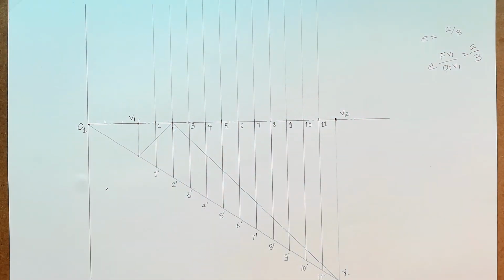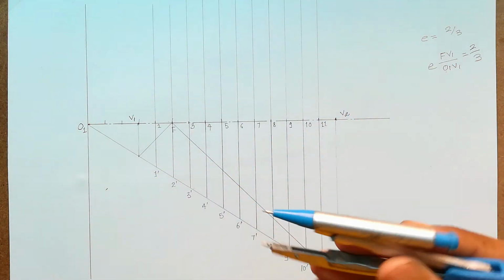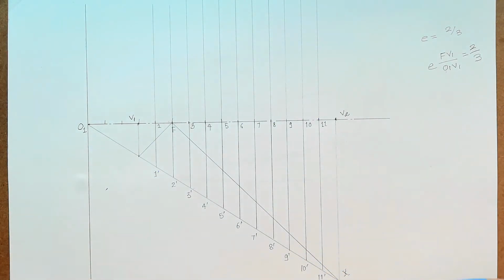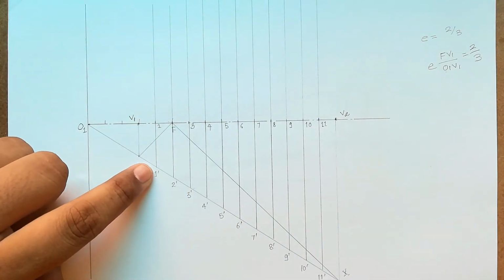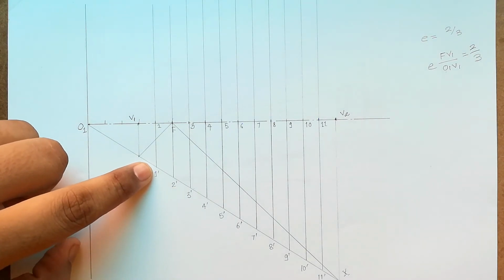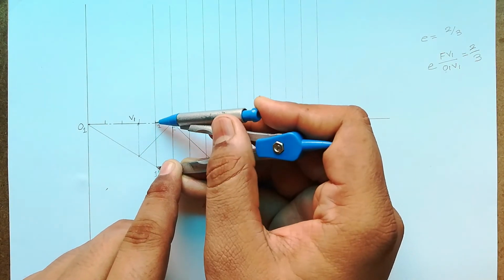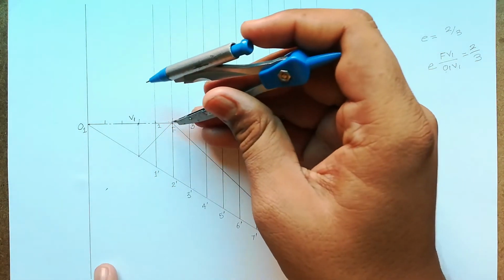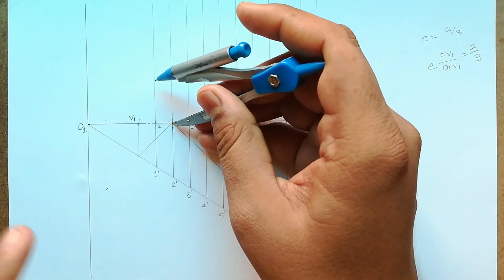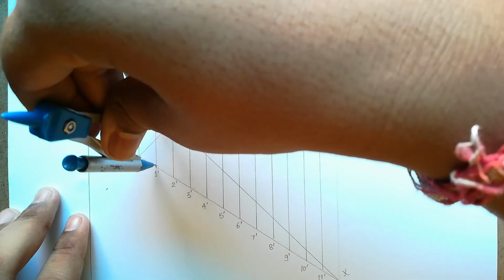Once we are done with this, we will use our compass to make a number of arcs. So how will we mark arcs? This will be our final points for the ellipse. Let me give you one sample over here. This is my first vertical line. Now I will take the distance from 1 dash to 1 on this compass. Once I take this distance, I will take F as the center, and I will put markings on the same line from where I have taken this distance.